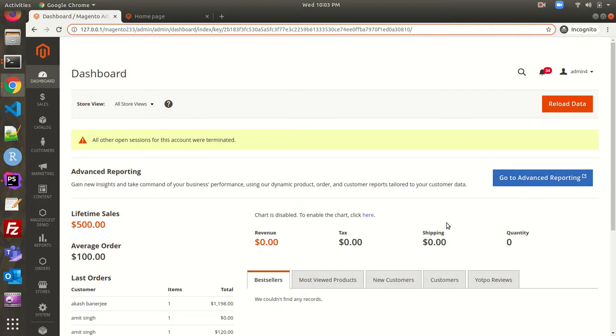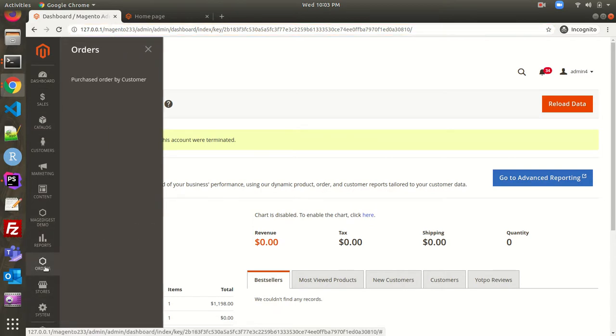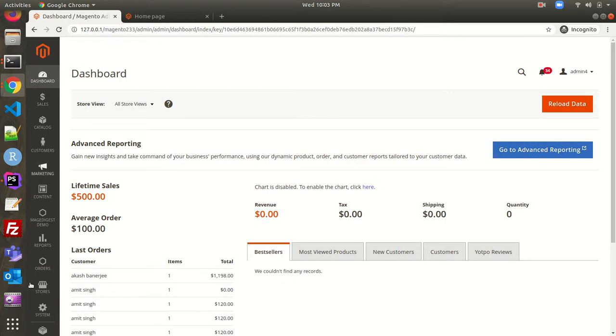As you can see, I'm in the Magento admin, and I'll first show you what the grid is. If I go to orders, as you can see I've created one menu, and this particular grid consists of the orders that are being placed by the customers. If I click on this, it will be redirected to a... why is it not going?